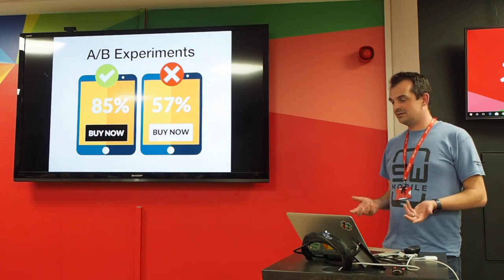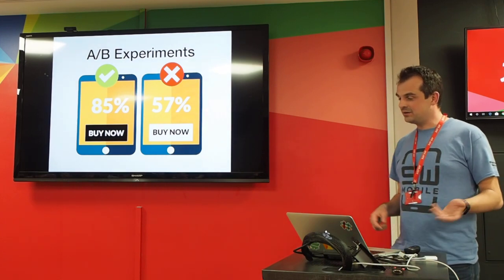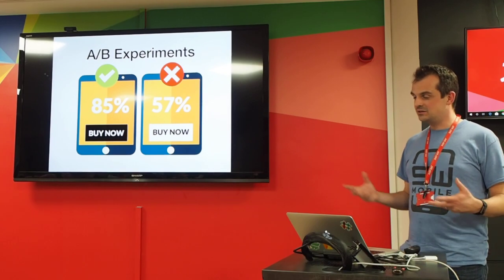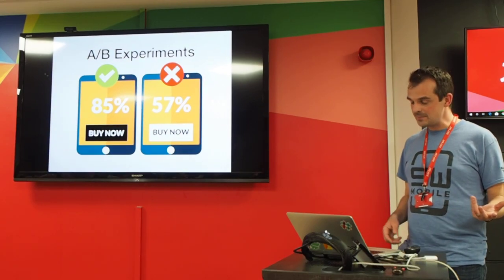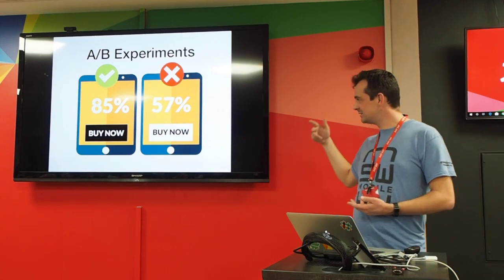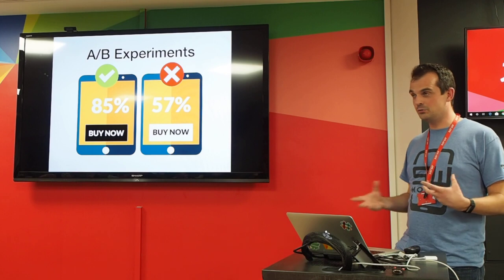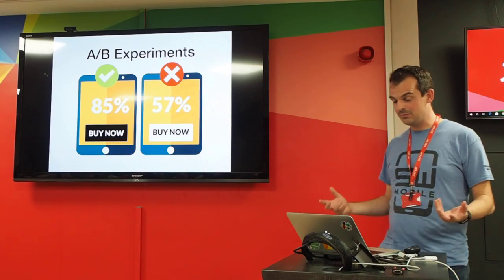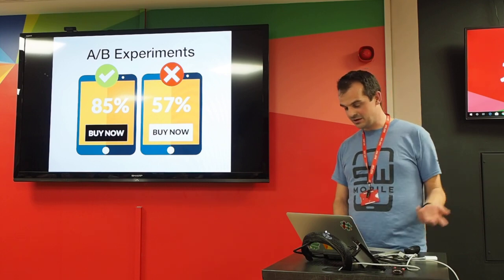So an A/B test is basically a method of comparing two or more versions of your app experience against each other to determine which performs better. For example, in this one you might have a buy now button with a black background versus a white background, and just making that call to action more visible to somebody might have an impact on what they do. A very cursory example.